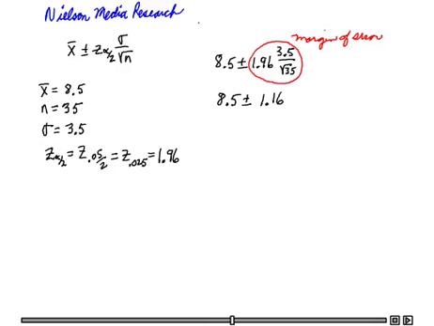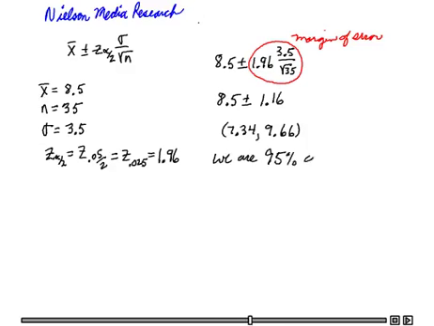And then I can add and subtract that to my 8.5 to get the confidence interval 7.34 to 9.66. So I could say we are